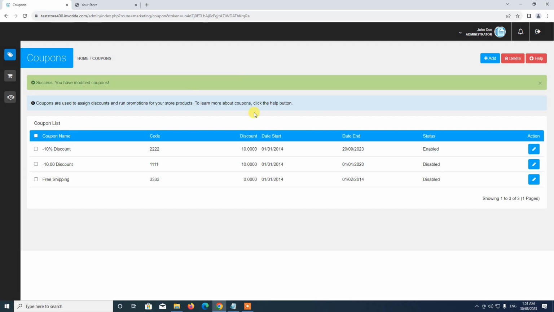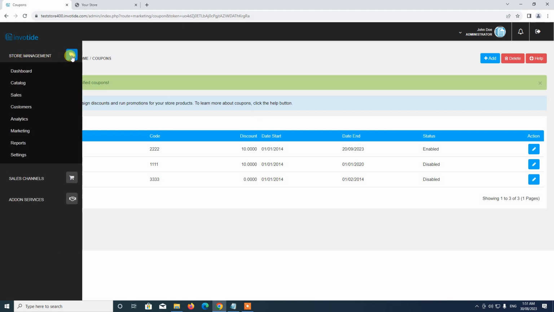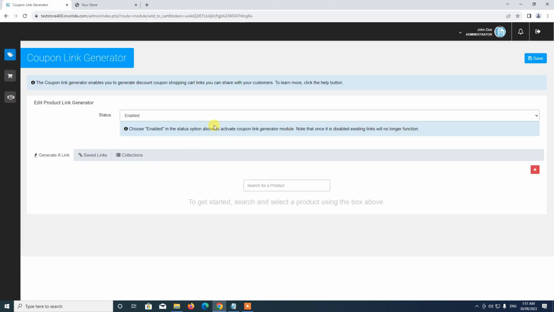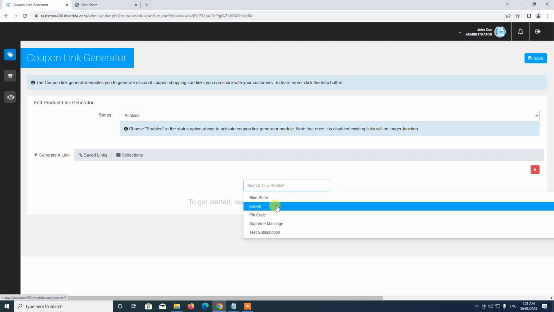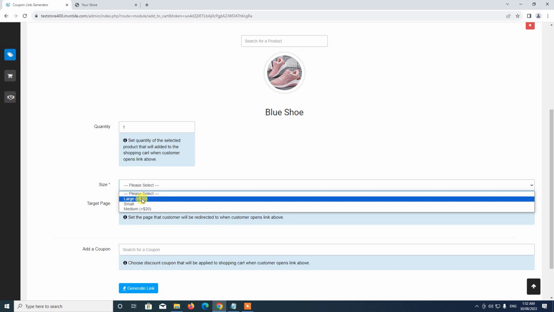We can now go back to the coupon link generator to create another shopping link. So to do that, we navigate to the store management section here, select marketing. So under marketing section, we click on the coupon link generator. So here we'll now proceed to select the product again. All right, choose the product option,